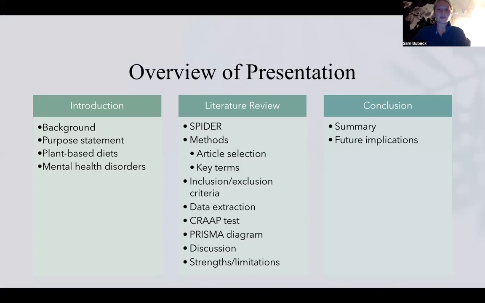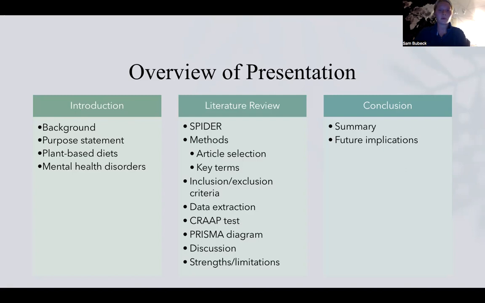Continuing, I will explain an overview of plant-based diets, subtly delving into each one and trying to best define what they encompass. And the last part of the introduction will explain the full array of mental health disorders, as well as which mental health disorders I will be zoning in on for this specific research. Continuing on,